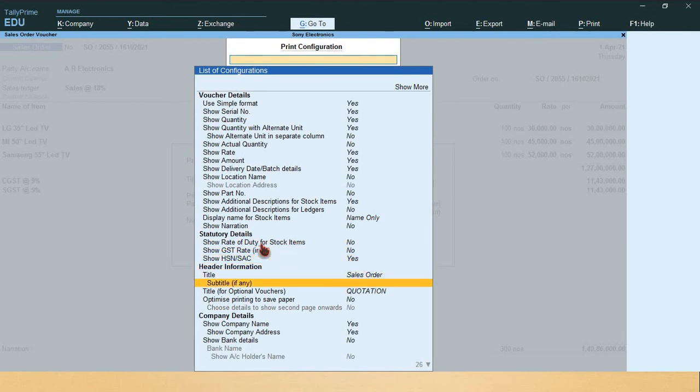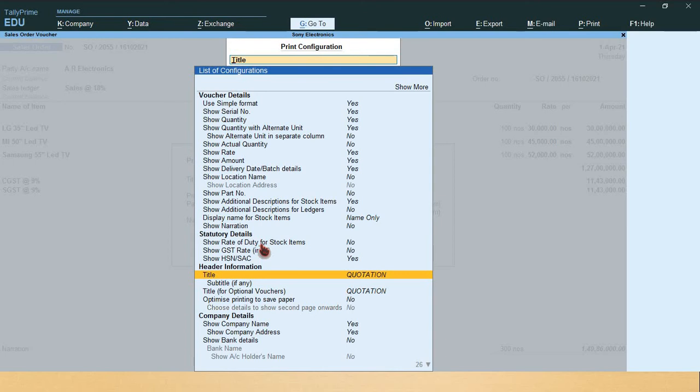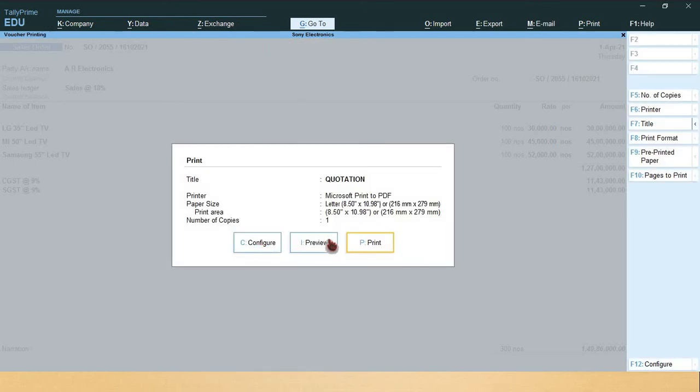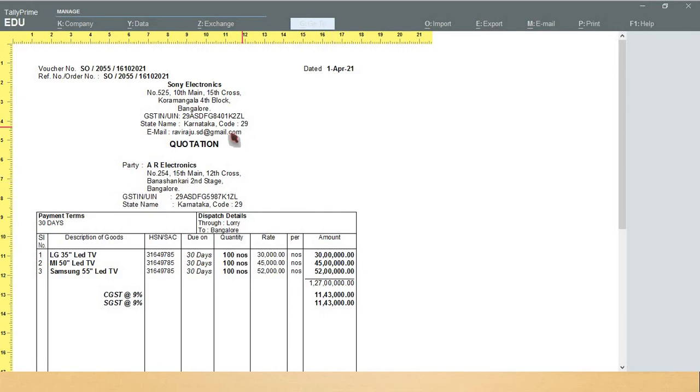See here, subtitle if any, title. Here you can change the title to quotation. Preview. Check it in preview.